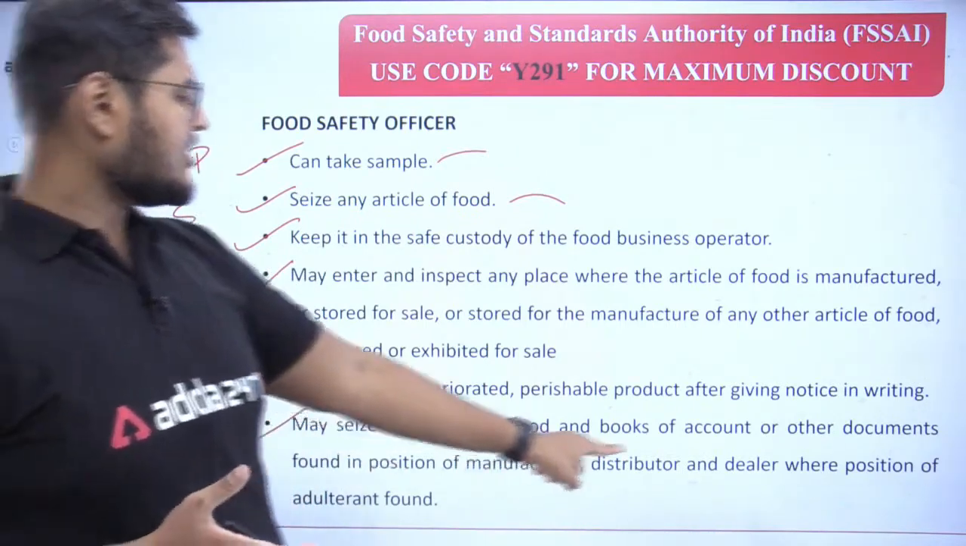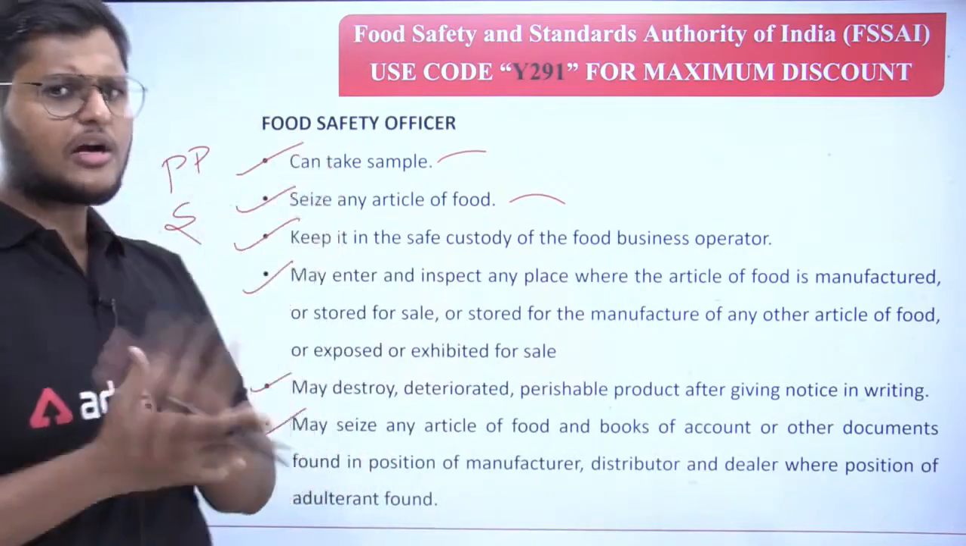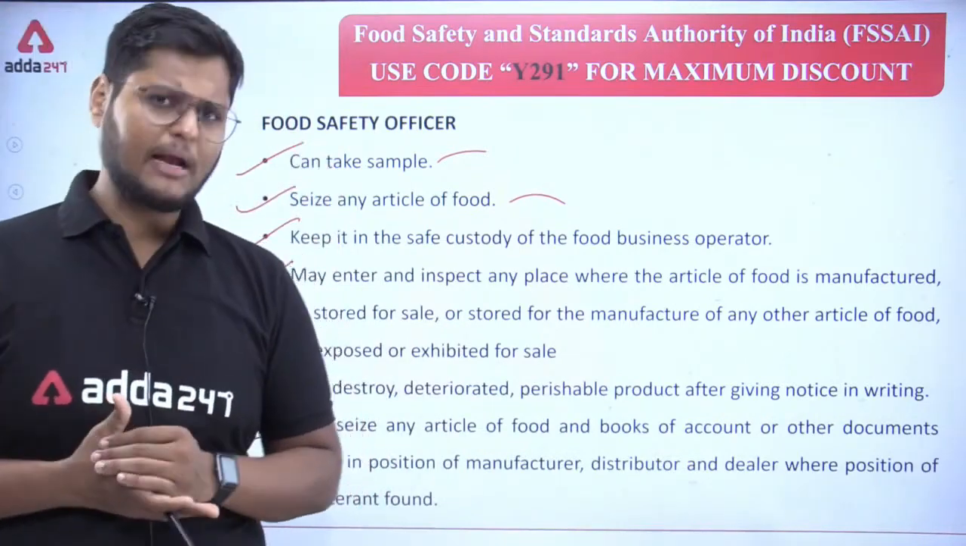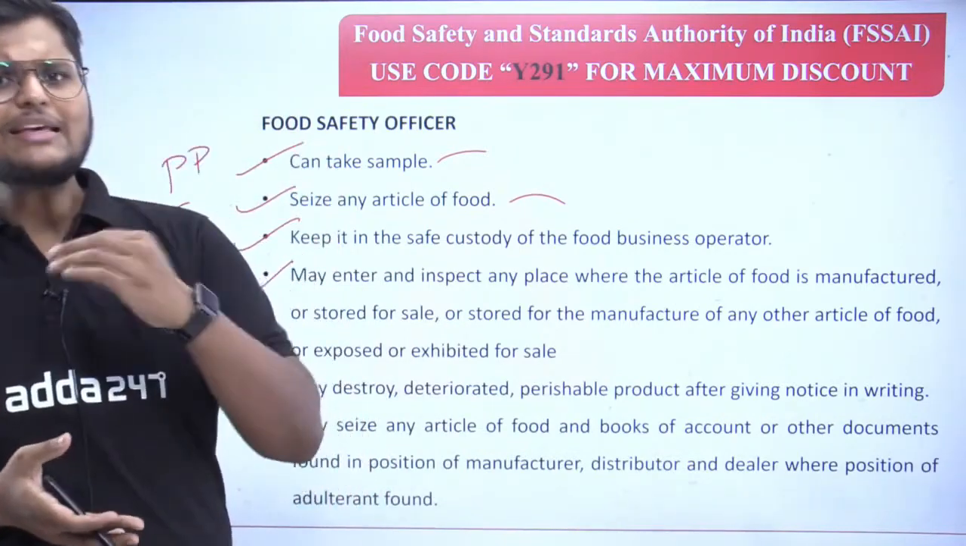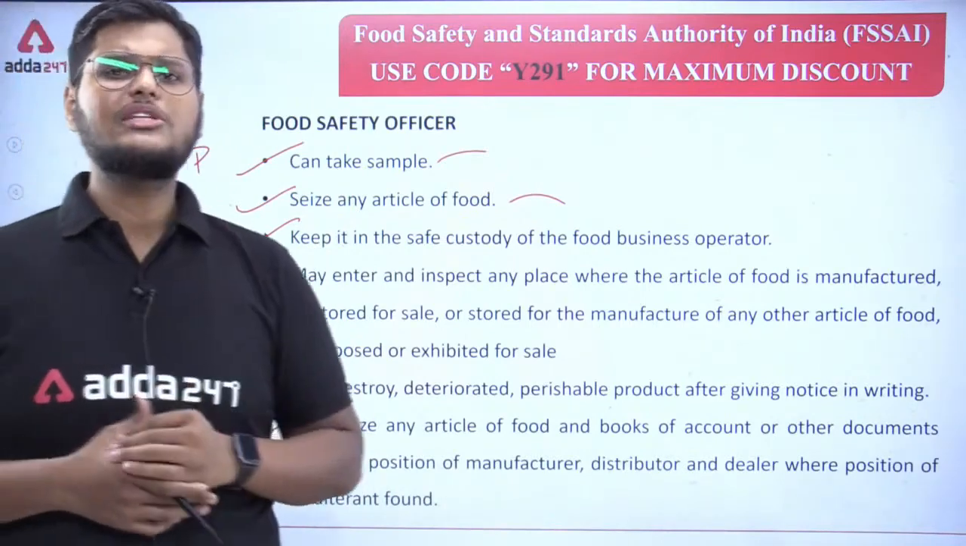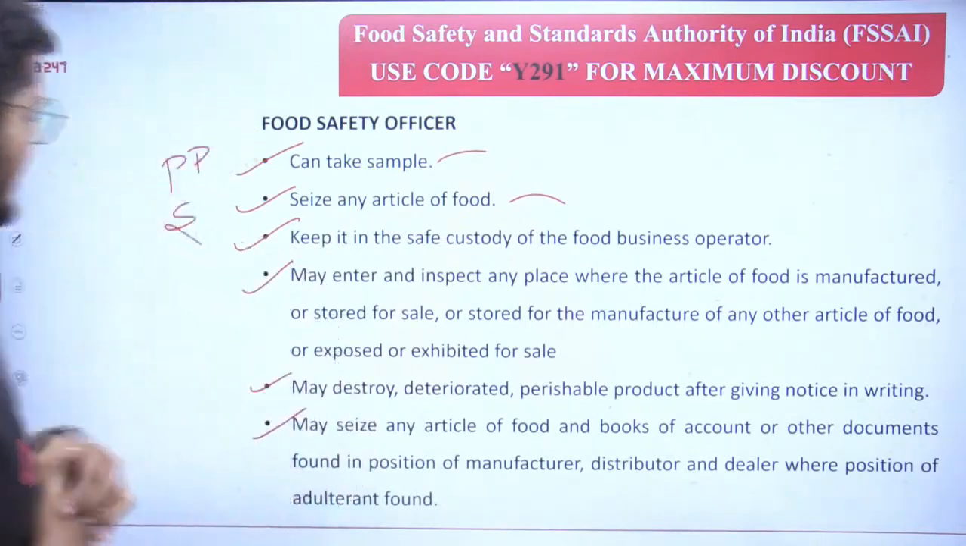May seize any article of food and books of account. For example, different account books are maintained here. In that case the food safety officer can also seize these books of accounts. Next,